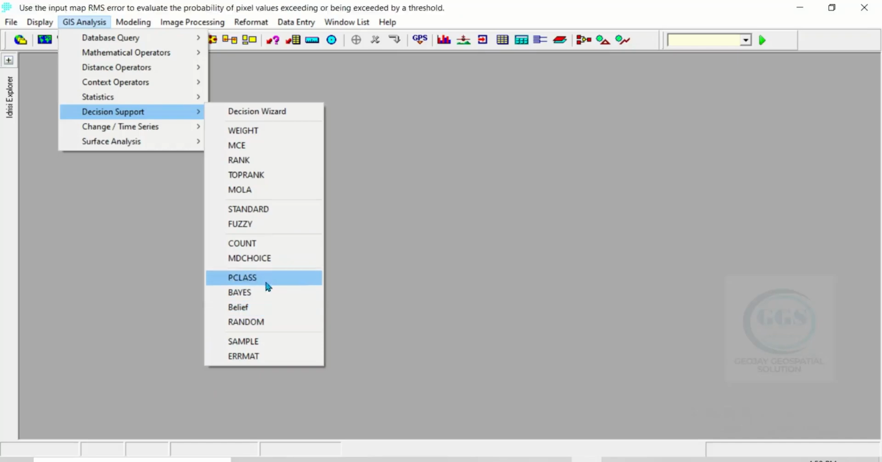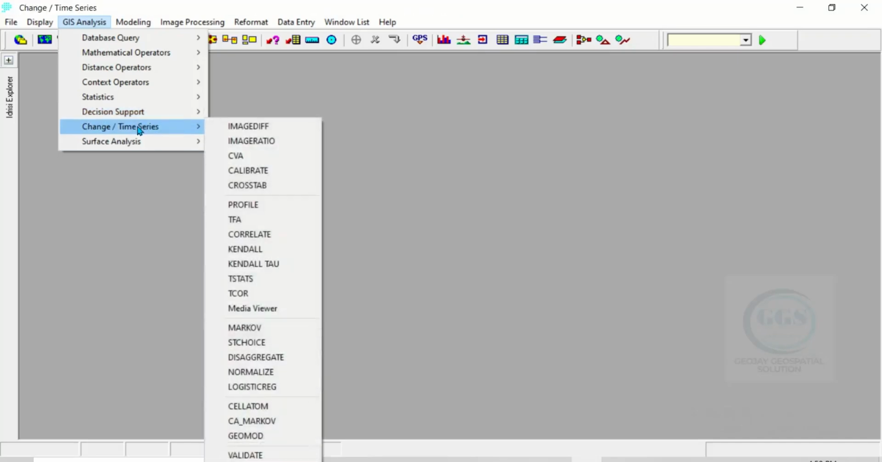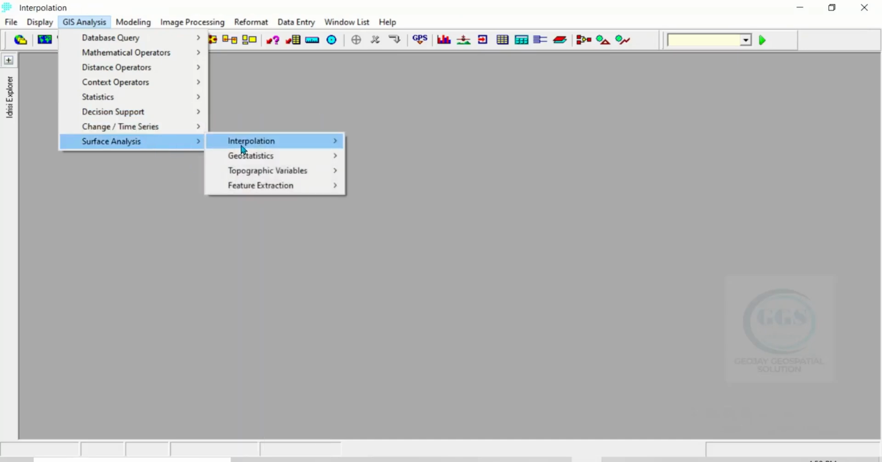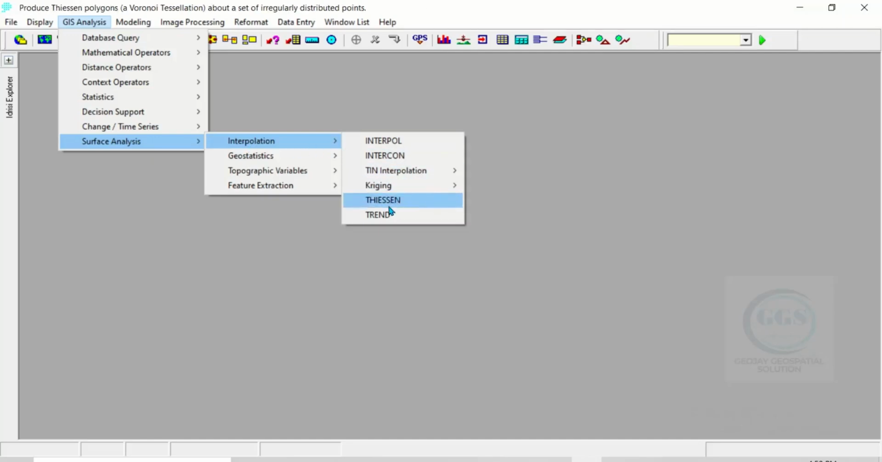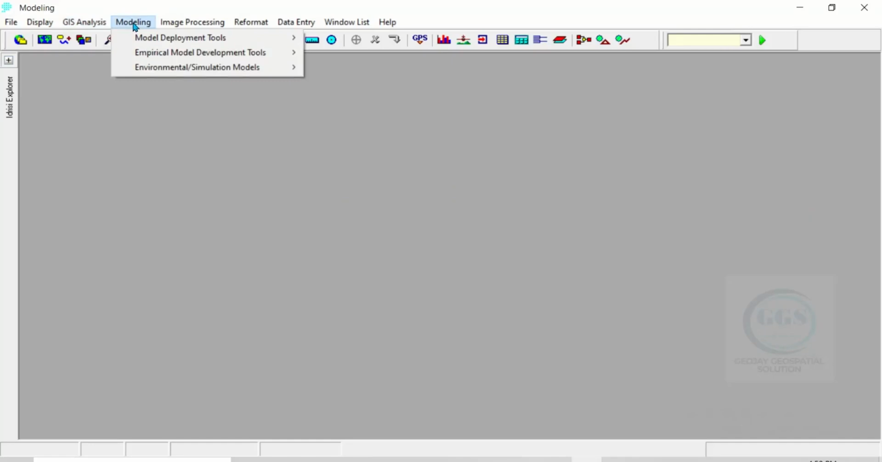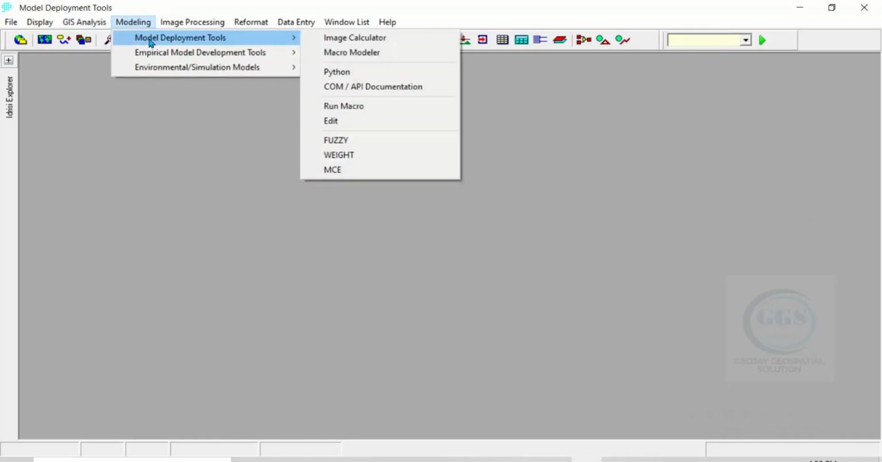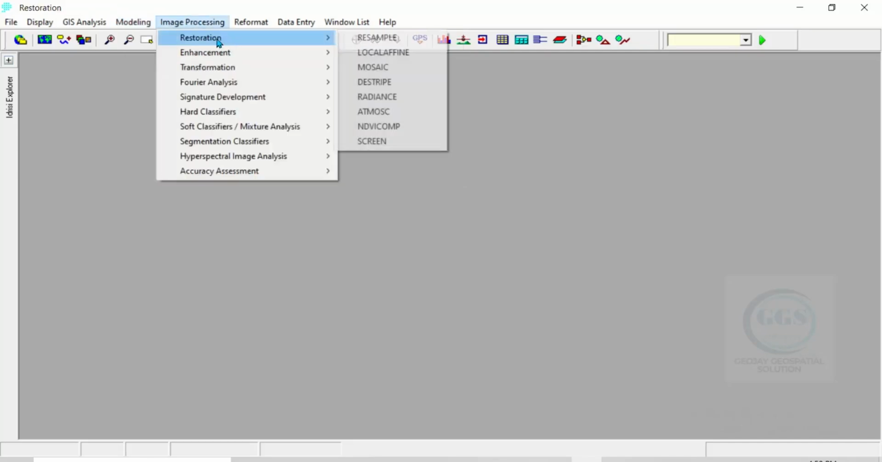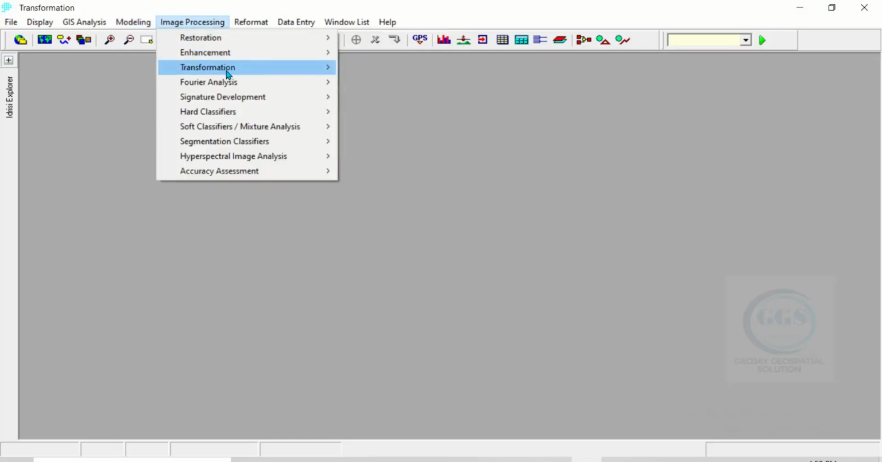decision support tools. And if you are into time series analysis, you can see a whole lot of tools here. And if you are doing surface analysis, you can see interpolation, you can see different methods of interpolation here. And if you are into topographic variables, you can see slope, aspect, hillshade, curvature, and so on. Then if you come to Modeling, you can see different modeling tools here that you can use. And if you are into image processing, you can see restoration, image enhancement, image transformations, and even accuracy assessment down